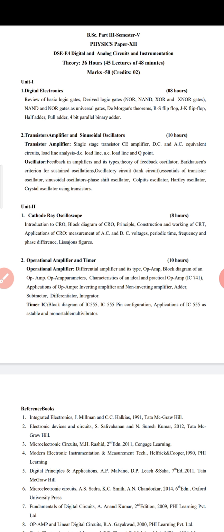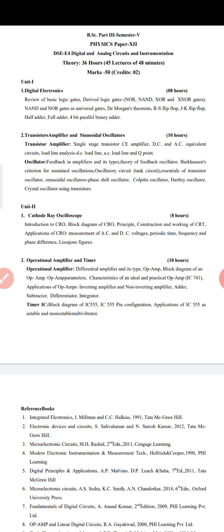First, we will review the basic logic gates. You have done these logic gates in your 12th standard in the last chapter, where there were the AND gate, OR gate, NAND gate, and NOR gate. You have a basic idea of it. Still, we will have a review of it. I will give a basic idea of it, then we will start.